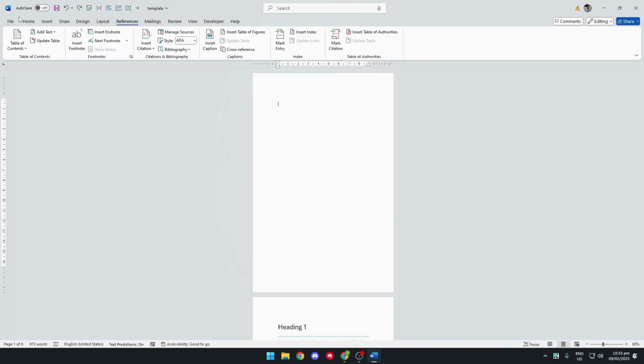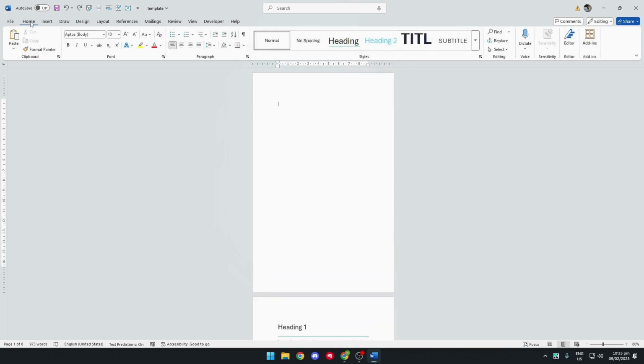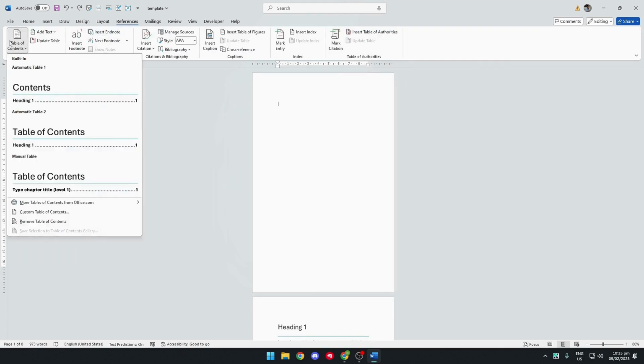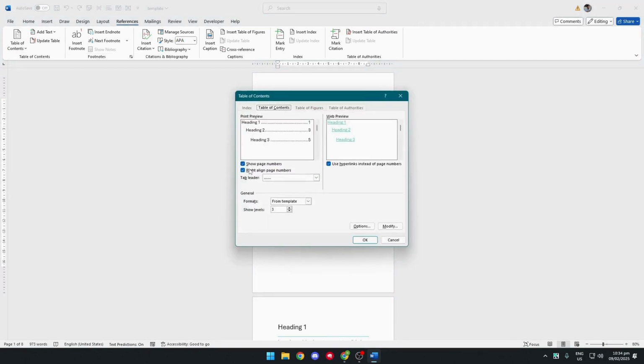Now first, we want to create our table of contents by going into References and clicking on Table of Contents right here. Now for this one, let's go to Custom Table of Contents. Now for example,